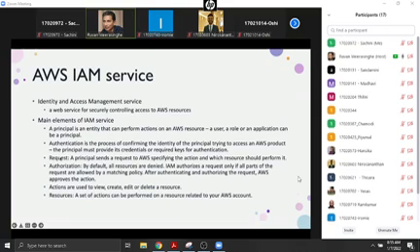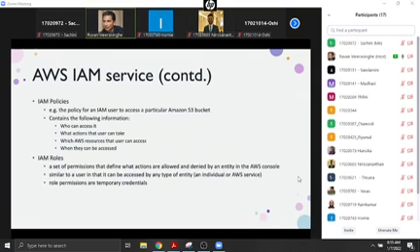I'm going to skip these sub-bullets; hopefully they are self-explanatory, they are sentences rather than bullets, so you can read them and get an idea about how identity and access management doesn't only mean the user side, it also means the resource side.